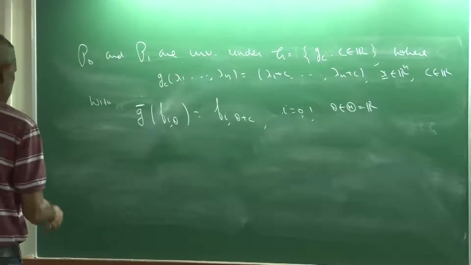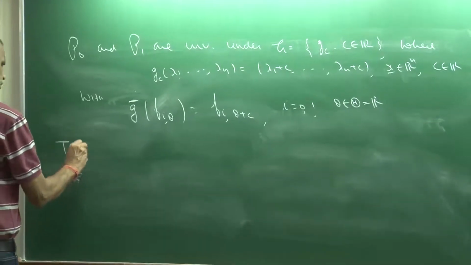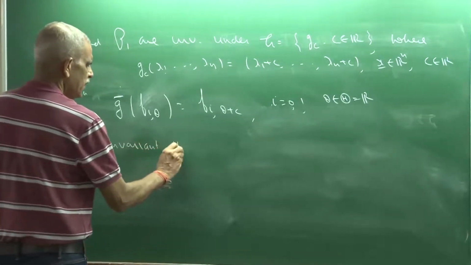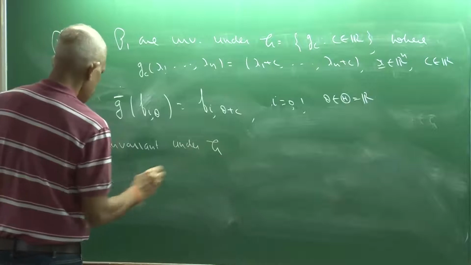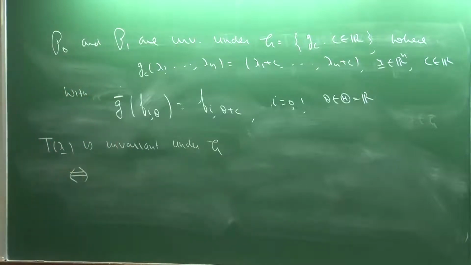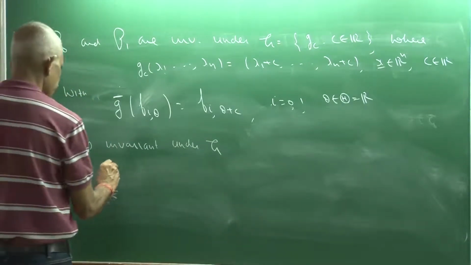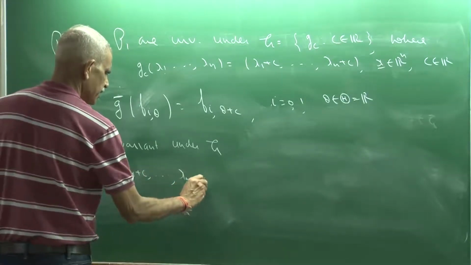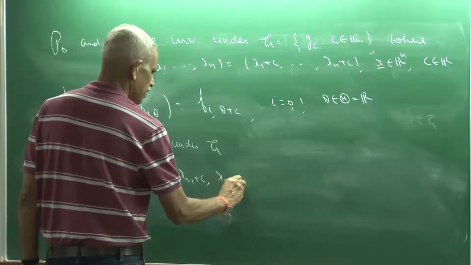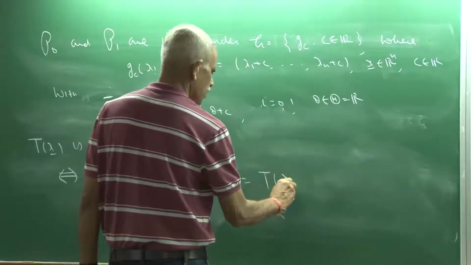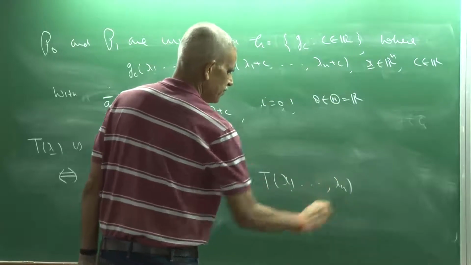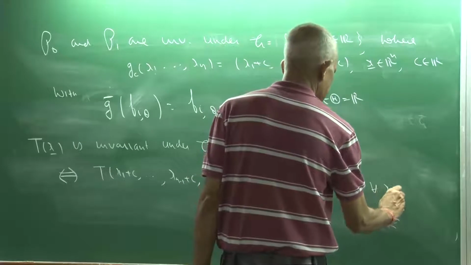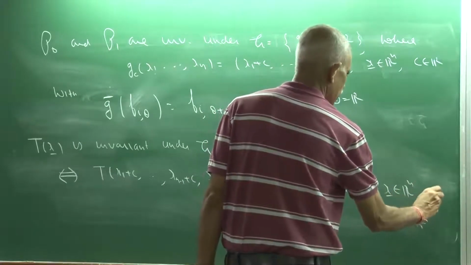So T(x) is invariant under G if and only if T of x1 plus c, ..., xn minus 1 plus c, xn plus c is the same as T of x1, x2, ..., xn for every x belonging to Rn and c belonging to R,